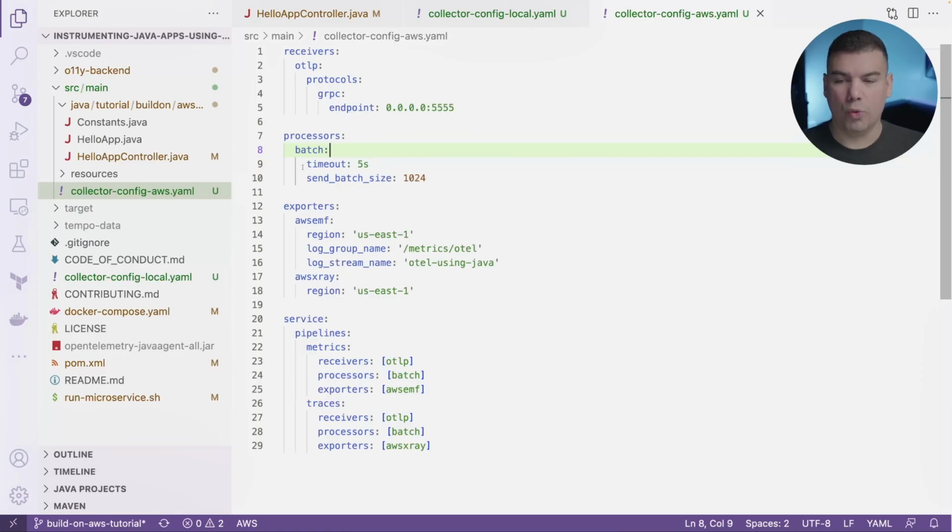But in this case, we're using a batch processor, which, as the name implies, is going to batch all the data and buffer it until it reaches either this rule here, where every 5 seconds it is going to flush to the backend, or if it accumulates enough bytes, in this case 1024 bytes, it is going to flush to the observability backend. This is not necessarily required, but it is another best practice that you can use to sometimes not overload your observability backend.